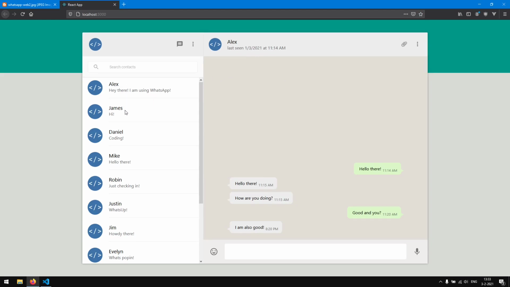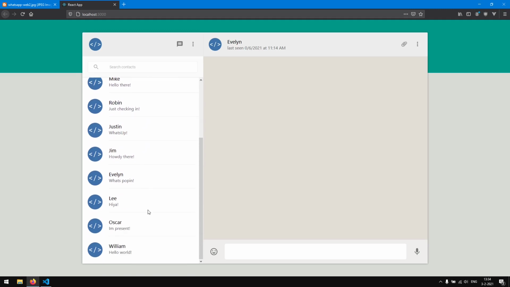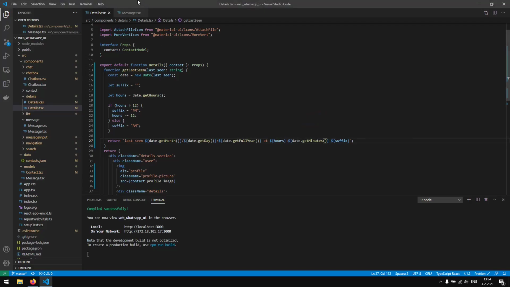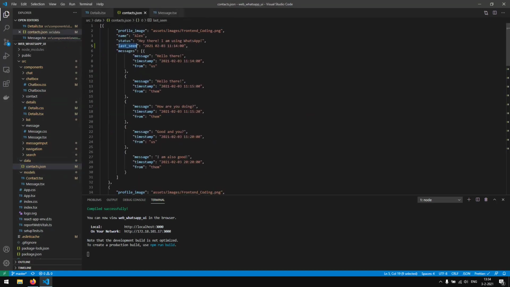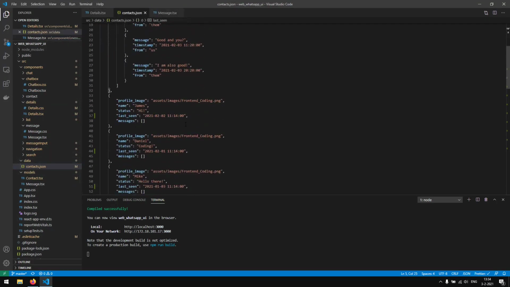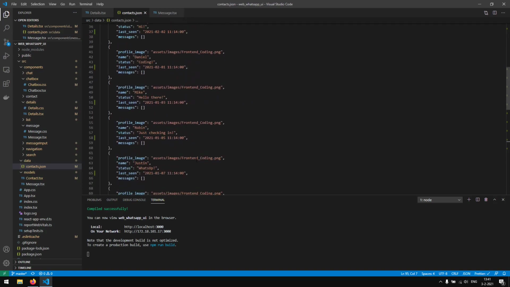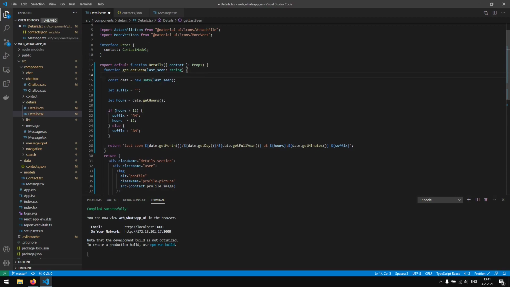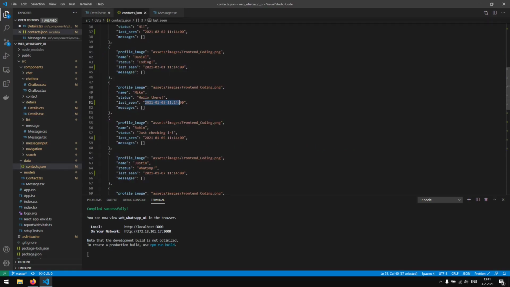Nice. So let's see, if you look at James, last seen on the 2nd of January, 1st of January, last seen on the 0 of 0, 0 of 2. Okay, so it looks like I got the date a little bit wrong, but that's okay, I guess. Let's see. I think for the contacts, the first is the year, then we have the month, then we have the day. So the way that we can fix this is we can manually create the date object right here. So right here, we want to get all the components from the date string right here. We want to get this element, this,